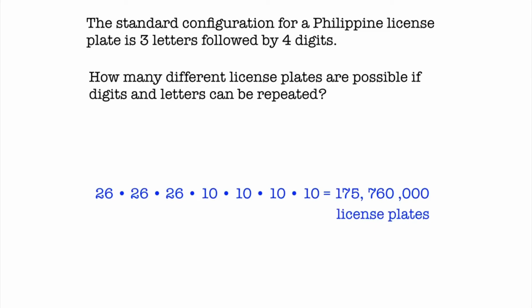There are 26 ways to choose the first letter because we have 26 letters in our alphabet. That is the same for the second and third letters. And then for the digits, since we have a total of 10 digits from 0 to 9, we have 10 choices for each digit. We multiply everything and we get